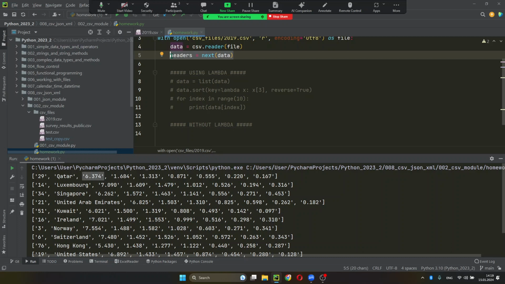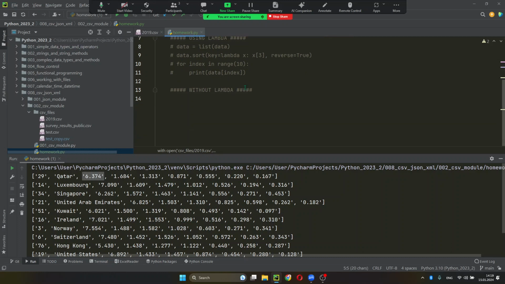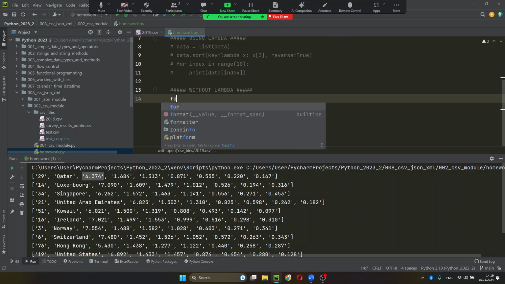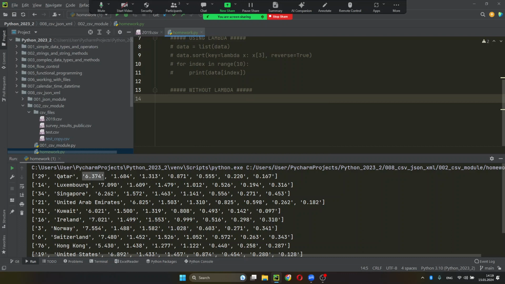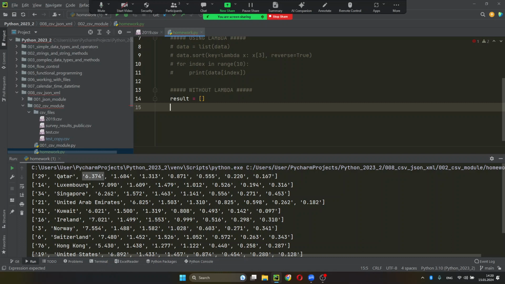So let's do it like that. So what we need to do now then, we will create a result, and it will be an empty list because we need to recreate this list. So we basically need to reorganize data inside the list. And what I will do, I will say that for item in data,